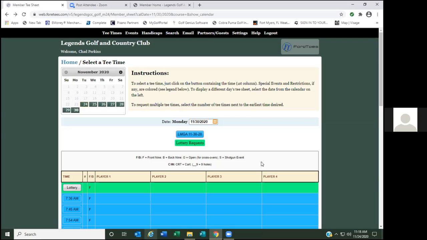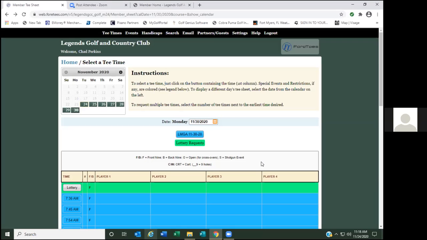So the lottery is still going to work the same way. If you're playing a lot of golf, you may not play a lot of golf, it's going to catch up to you the next time, maybe next week or in a few days. And the reason why this is the fairest lottery point system that they have is because